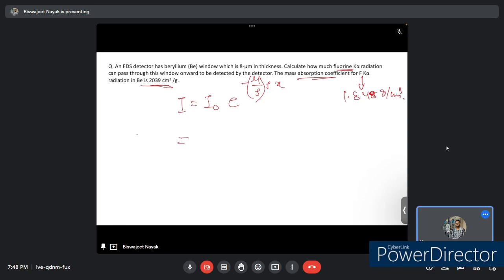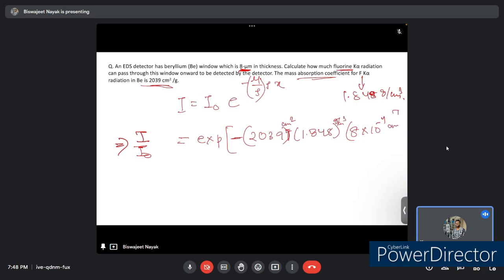So I by I0 is given as e to the power minus 2039 times 1.848 times 8 micrometer, which is 8 into 10 to the power minus 4 centimeter. So dimensionally if we check, it is centimeter square by gram, gram by centimeter cube and centimeter. So it's basically a dimensionless quantity,